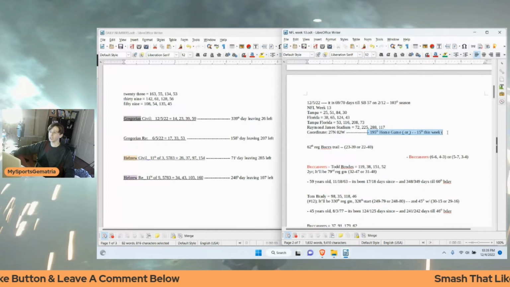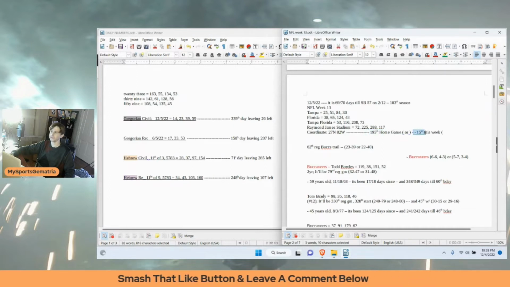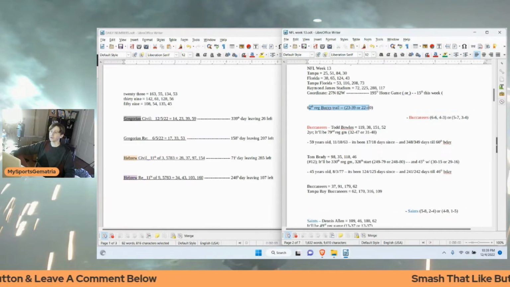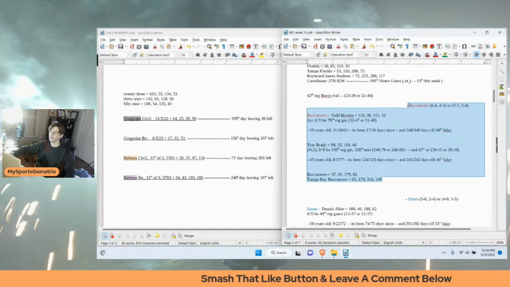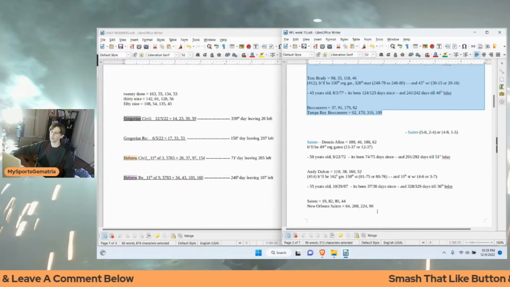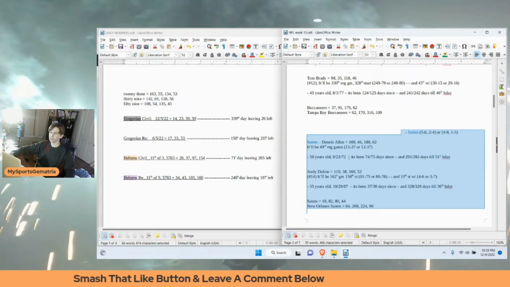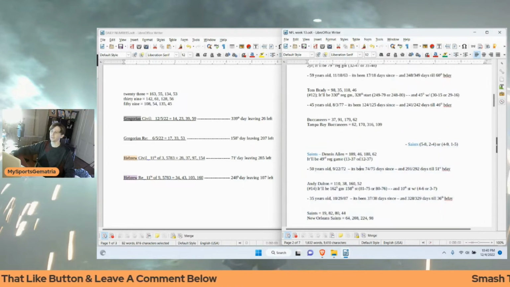I keep track of home team win-loss records, as you just saw. This will be the 195th NFL game for the season. It'll be the 15th game for the current week. Right here is the regular season head-to-head matchup between the two teams, the record. And then I have the home team right here, their season record, their coach's record, their quarterback record, their name Gematria, tuned from their birthday. And at the bottom is the road team, the away team, with their season record, their coach's record, quarterback record, and name Gematria, tuned from their birthday.